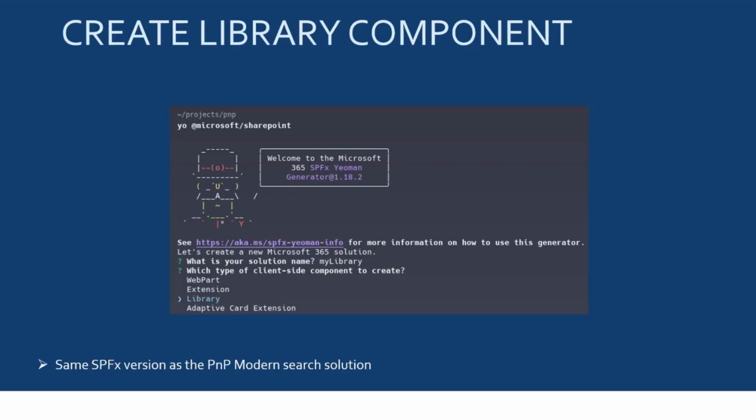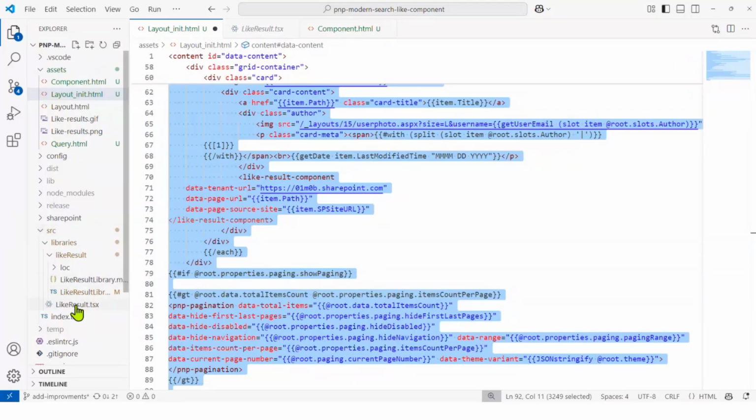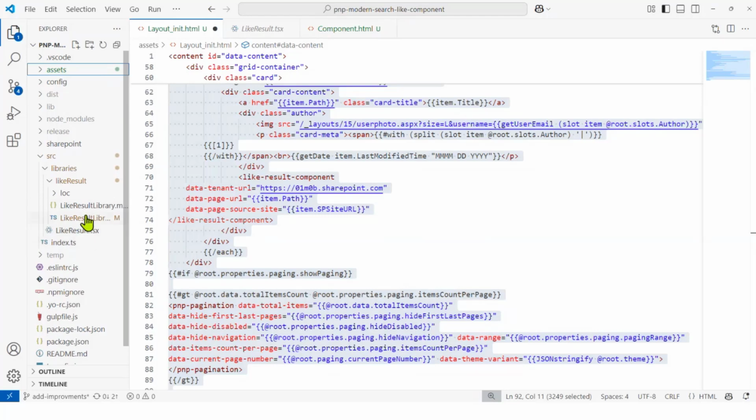Because otherwise, it might work, but you might also have some issues. And for the rest of the code demo, let me switch to VS Code, because I guess it will be clearer. So here is my library solution.